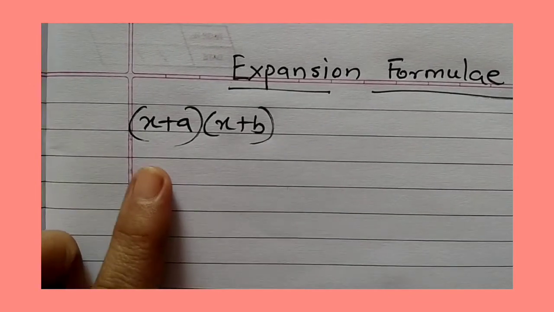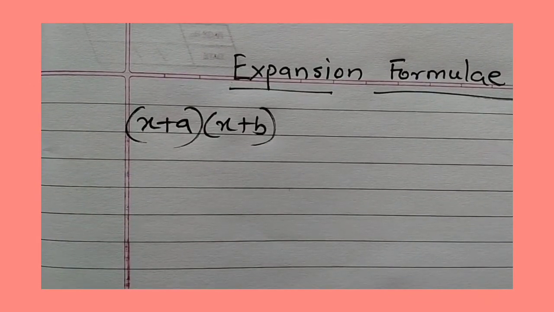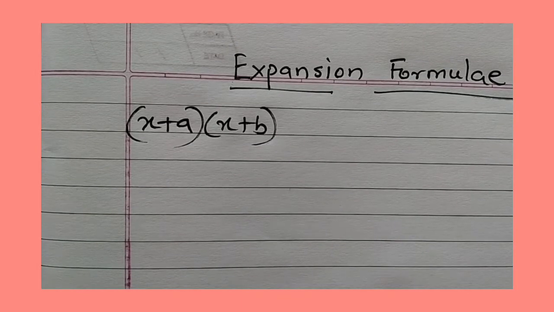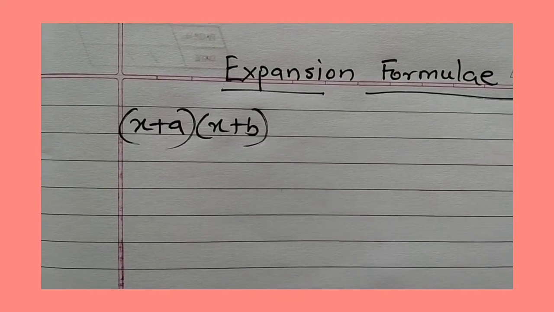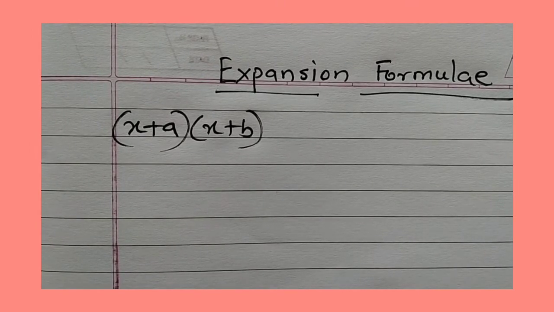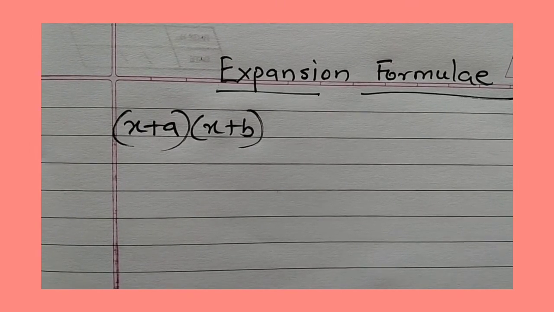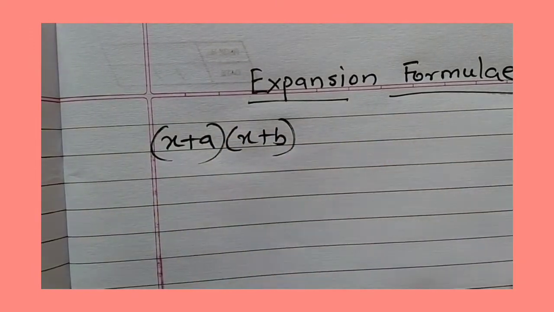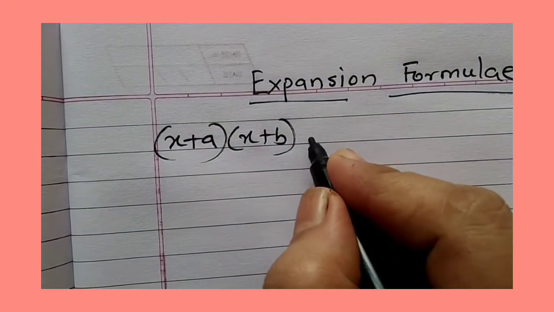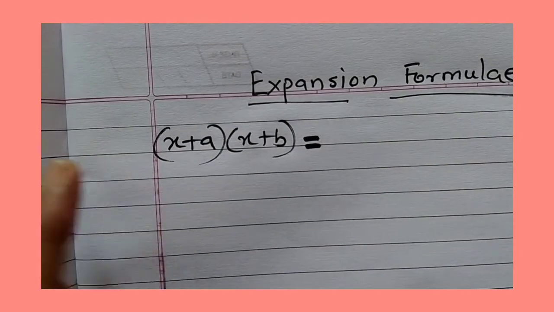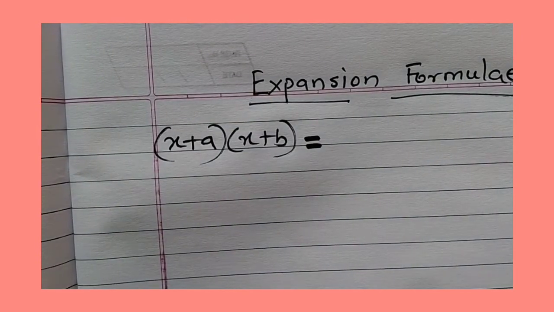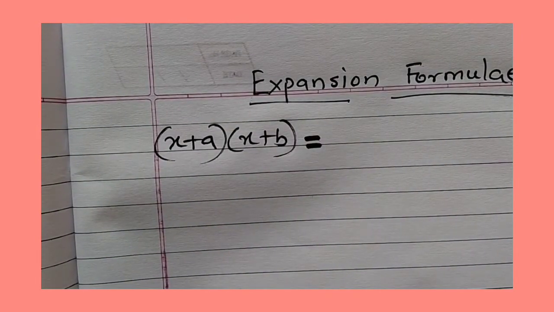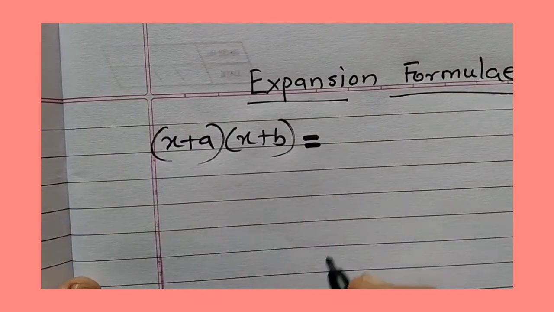Now we want to find out the value of this. You can do it by actual multiplication, but when we have to do sums, we can use whatever answer we get here as a formula to solve other sums. First we will solve this sum and see what formula we get from it. Like we did in the last video to check the (a + b) and (a − b) expansion formulae, we will do the actual multiplication.